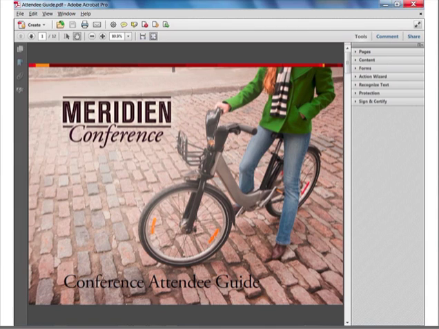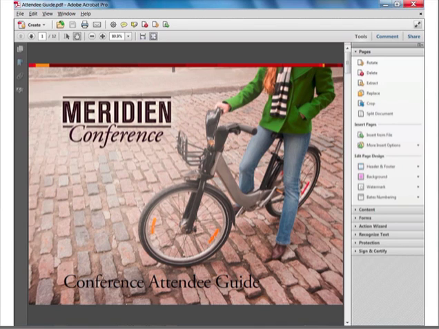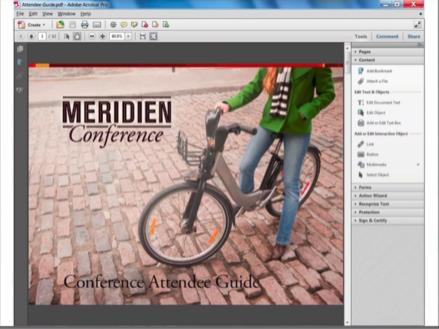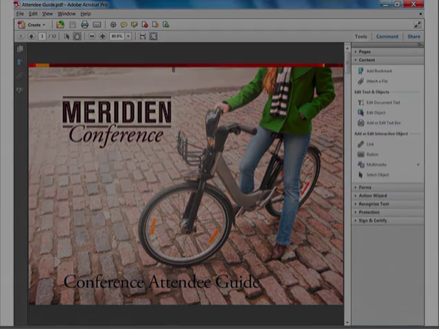When we were doing some research testing, we would sit people down that used Reader or used something else and just say to them, see if you can figure out how to rotate a page. So they'd sit down, they'd click Tools, they'd click Pages, and look right there, the Rotate button is right at the top of the list. So again, it makes it very easy for you to find the things that you're trying to look for. Or maybe I need to do a signature, Sign and Certify down here. Again, it makes it really easy to find it. So what happens is as you click on the different panels, the other ones will collapse. So again, you can always see the tools that you need available in front of you. And the other thing that's really nice about the way this is laid out